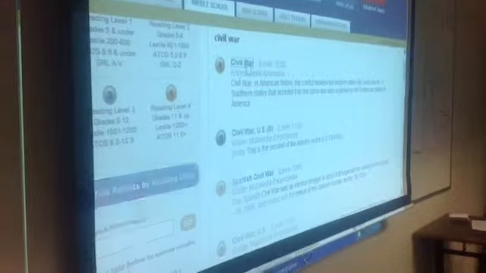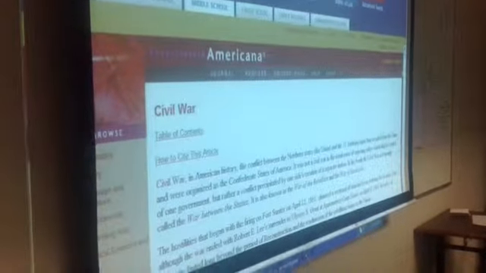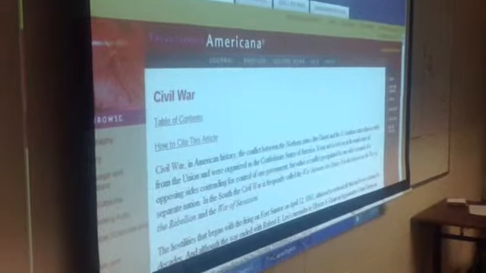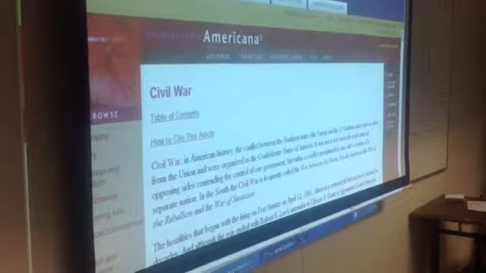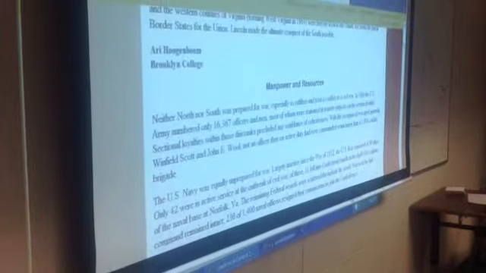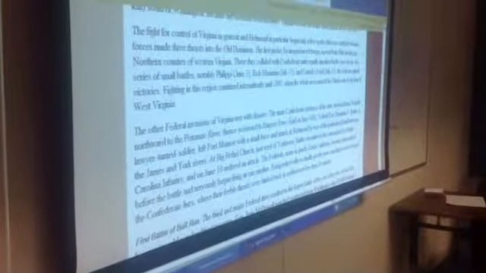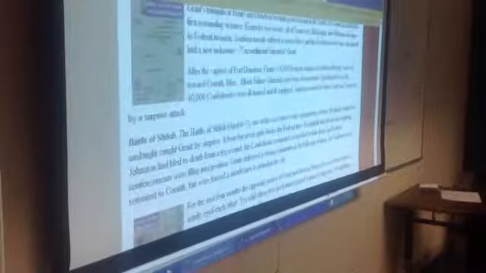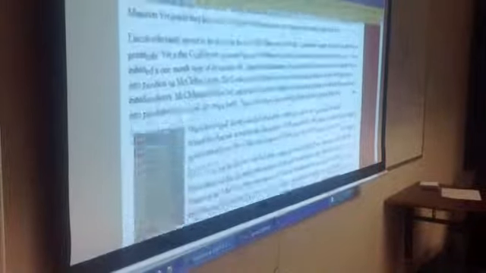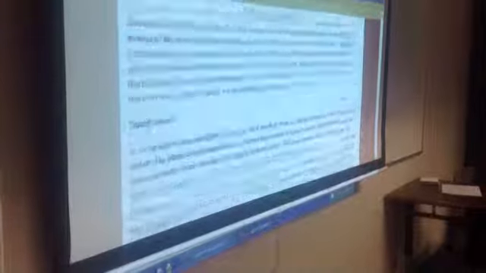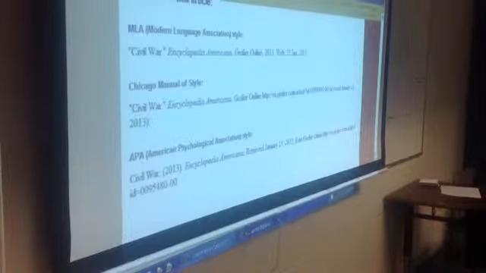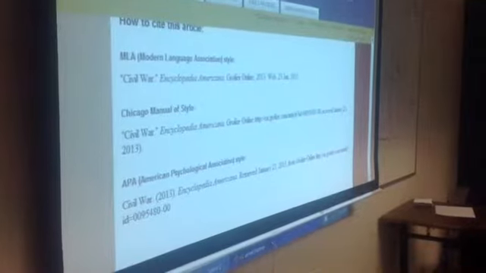So when we click on them, the article comes up, and it does things exactly like InfoTrack did, in that your search terms are in red. The other thing it's going to do is, let's see if we see, okay, if you see anything in blue, I don't see anything in blue in this article. But if you see something in blue, anytime on the internet you see something in blue underlined that's a hyperlink, if you click on it, it takes you out of the place where you are and links you someplace else. And that's why it's called a hyperlink. Okay, I'm going to go down to the bottom of the article, and you will see right here how to cite this, and right here